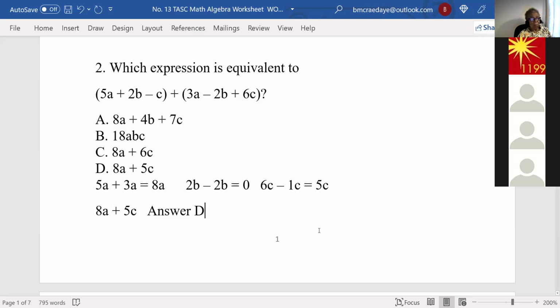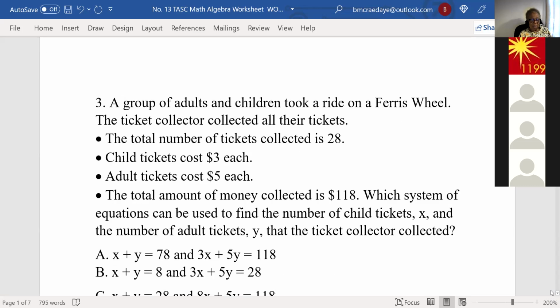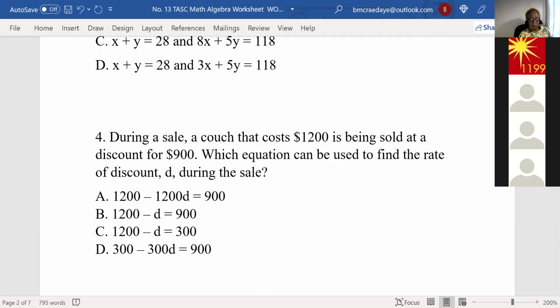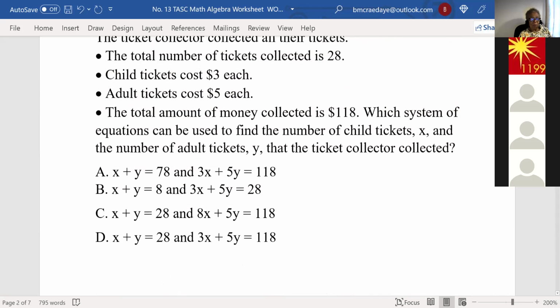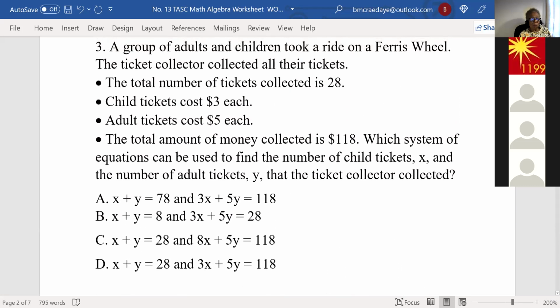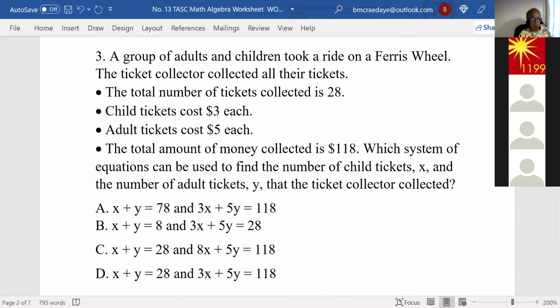Any questions on combining like terms? No, Miss Brown. Okay, so let's go to number 3. All right, number 3, we have a group of adults and children riding a Ferris wheel, and they give you the total number of tickets collected is